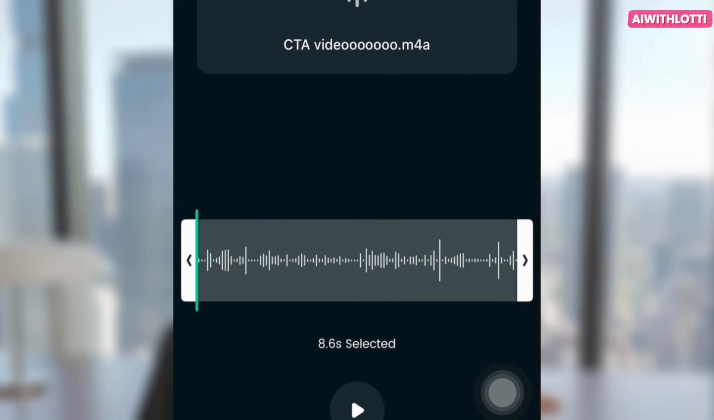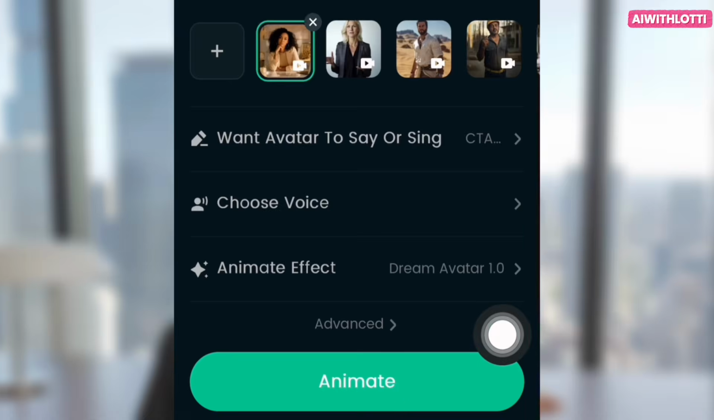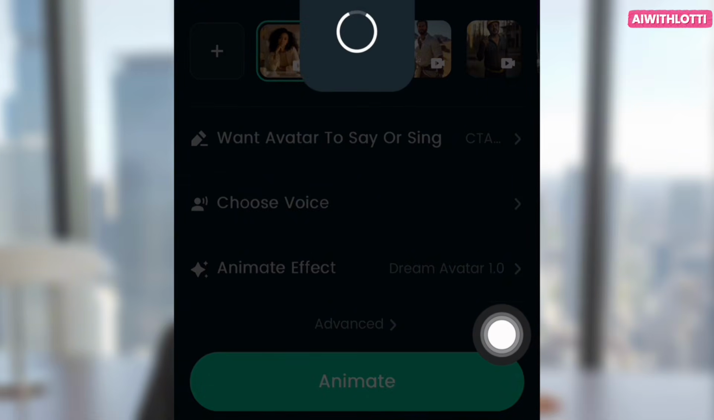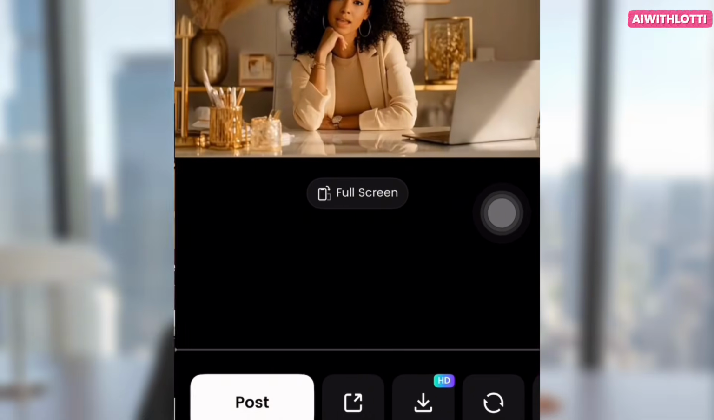I'm going to import a file that I already created. I'm just going to upload something like this, and then I'm going to click animate. Once you click animate, it only takes a couple minutes to generate your video, and then you get something like